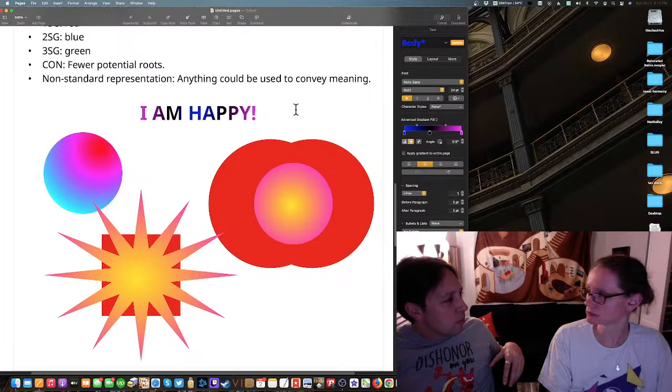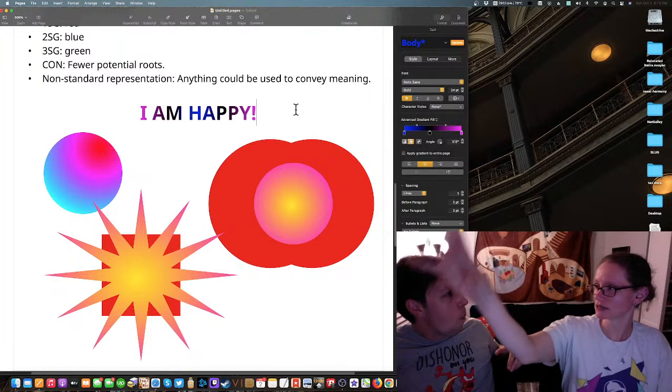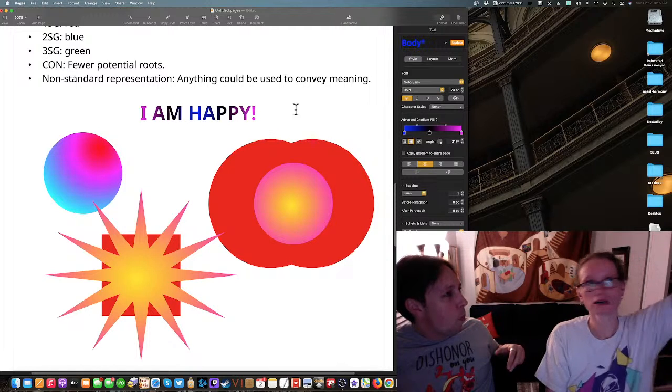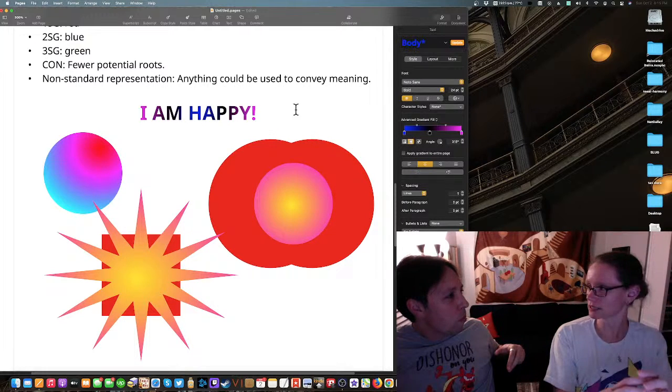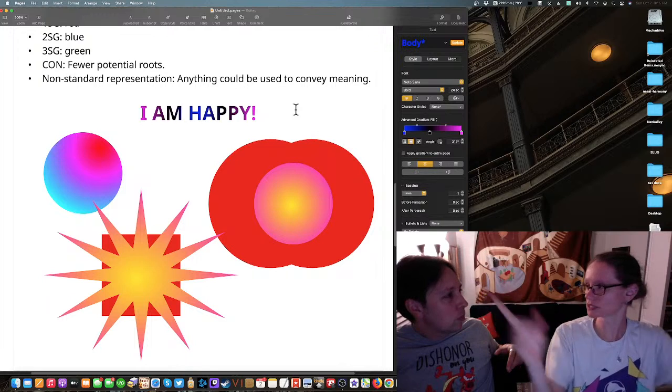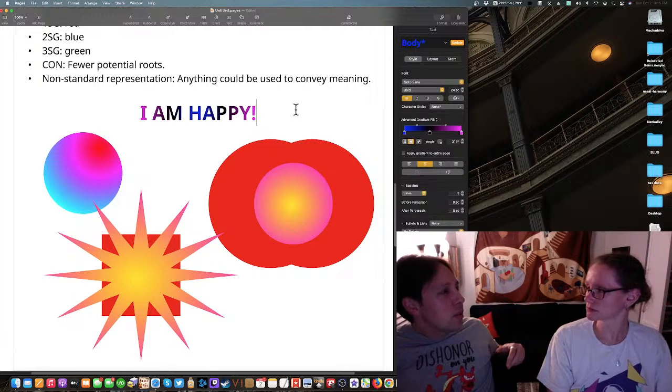Like, the concept of linearity doesn't even apply there, in terms of the semantics. But if I had a red dot over here, a red dot over here, and a pink and yellow one over here, I wouldn't know to connect those, unless there was something in the logic of the picture that suggested it.